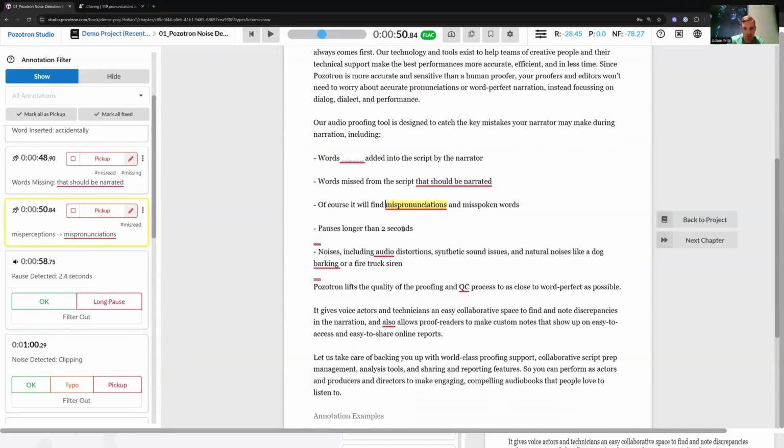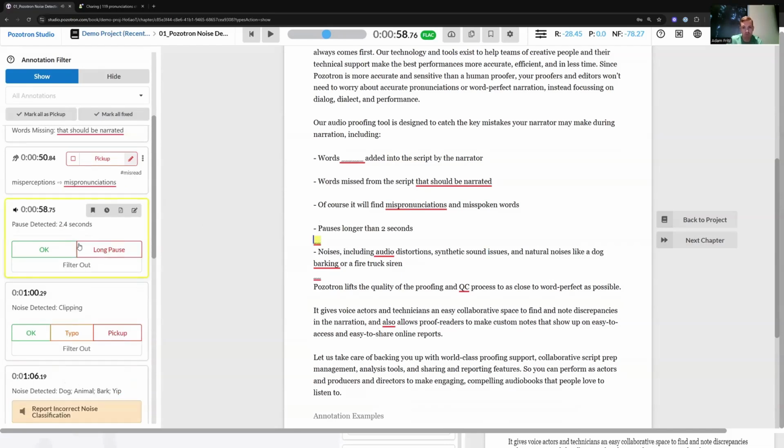Last couple things it'll flag are long pauses and any problems with the audio, like background noises or clipping. So I'll play those for you now. Pauses longer than 2 seconds. Noises, including audio distortions, synthetic sound issues. So we can see here there was a long pause. It tells you the length of the pause as well,